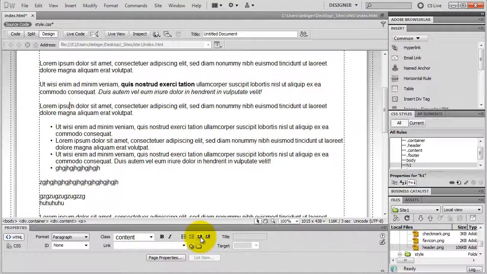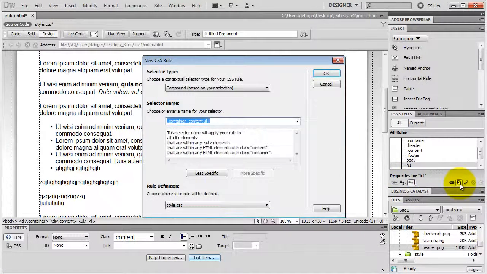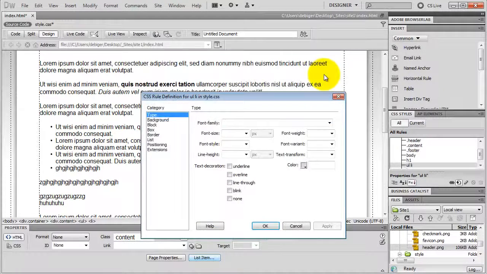I put my cursor in one of my list items inside of my unordered list. I click on new CSS rule, and I need a compound selector because I only want to style those list items that are inside of an unordered list, but I only need the UL li tags. So I click on less specific once again, and this CSS rule is only going to apply to those list items that are inside of a UL tag, so it's not going to have an impact on my ordered list if I have any. I click OK, go to list,